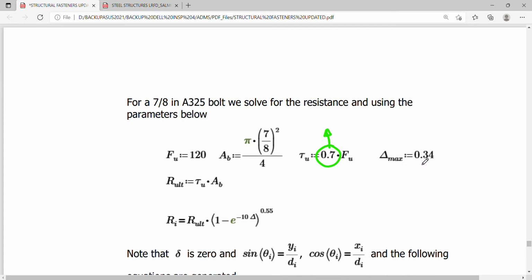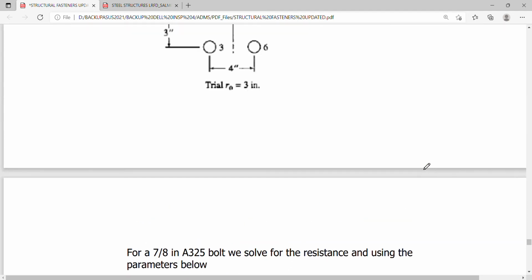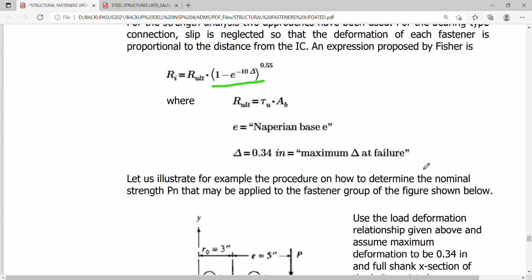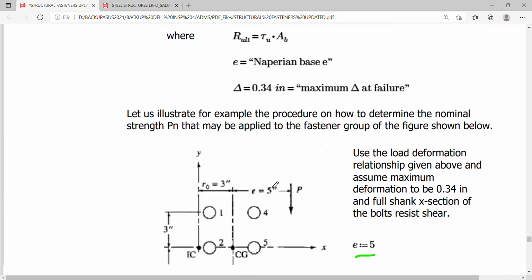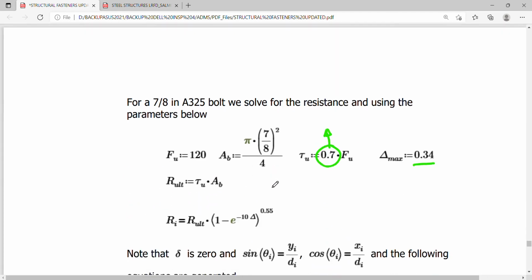So delta max is 0.34 as given by the works of Fisher. Okay, as far as the exponent delta is concerned,